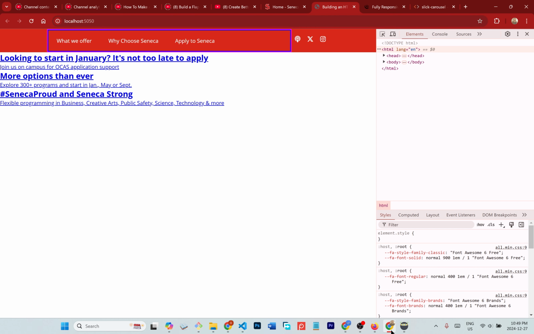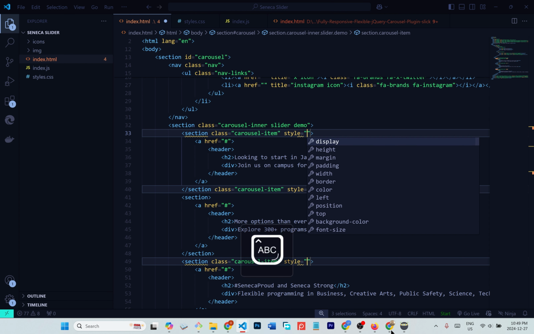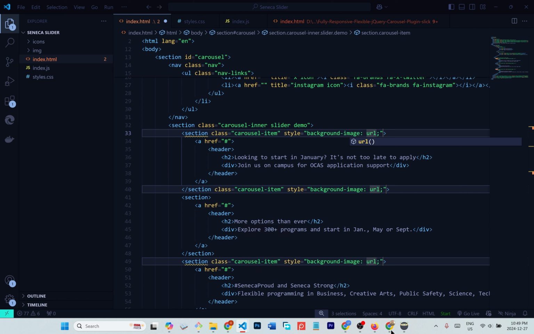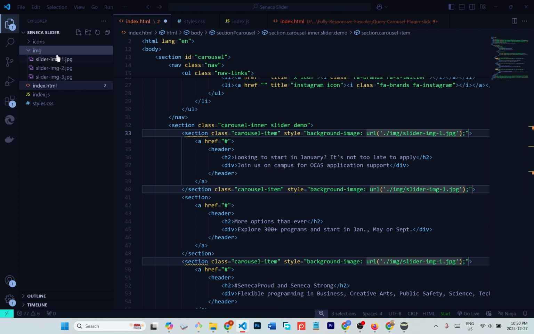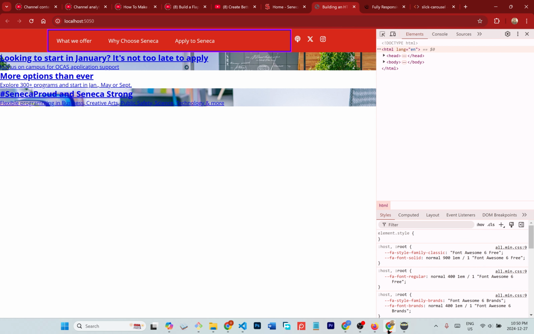Okay. When we reload, nothing is really going on there. Then you can come here and put a style, and the style will be background image and URL. Then we can put image slider image 1.jpg. If you come to my image folder here, we have the images here. So the second one should point to 2 and let the third one point to 3. And when we reload,